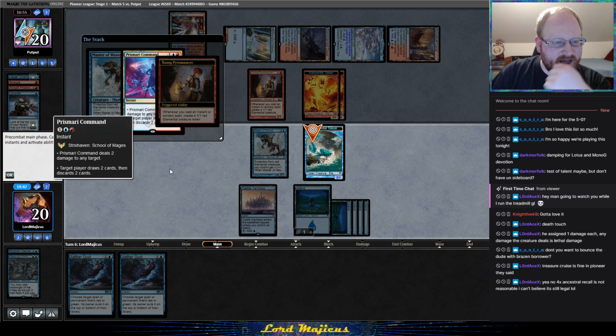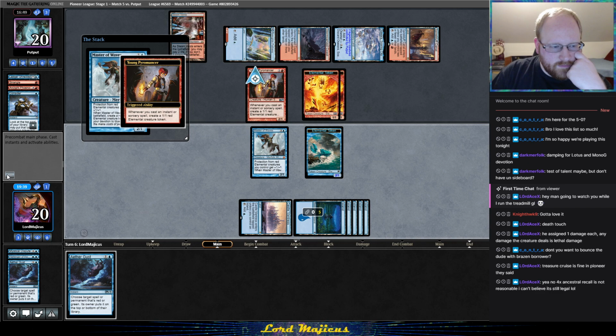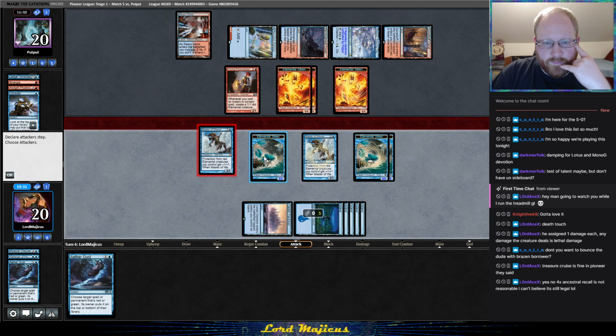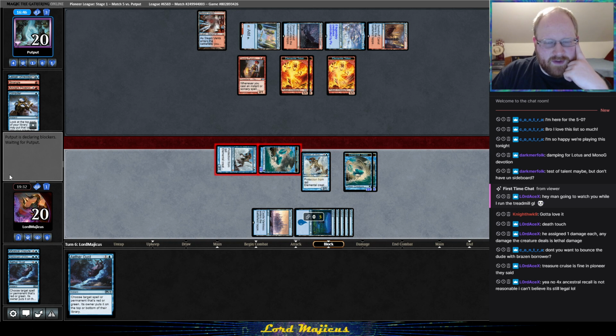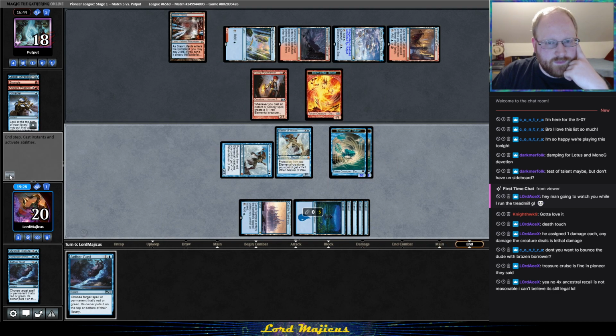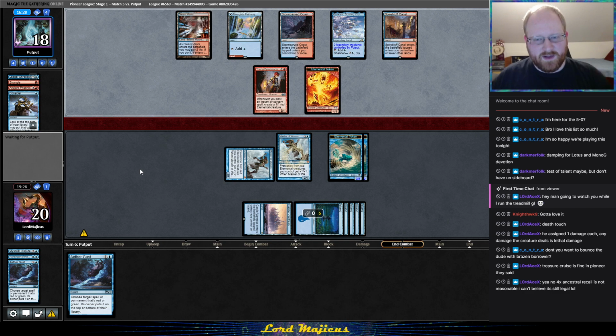2 damage to any target. Draw 2, discard 2. No, thank you. I like my elementals very much, thank you. And I know if their elementals are going to die anyway, may as well attack with them. All right, well, maybe with 2 Masters we can start attacking through their board. Maybe. So they can't Prismari to kill off Masters, so